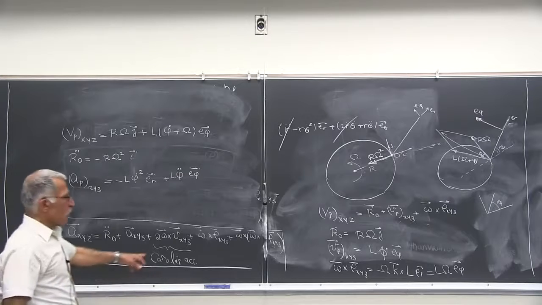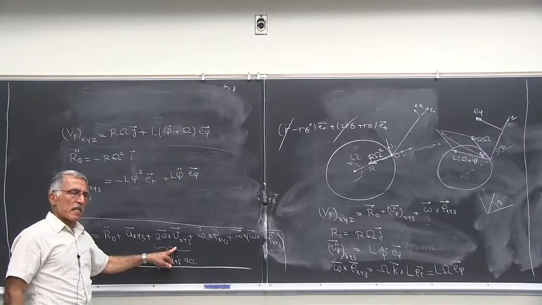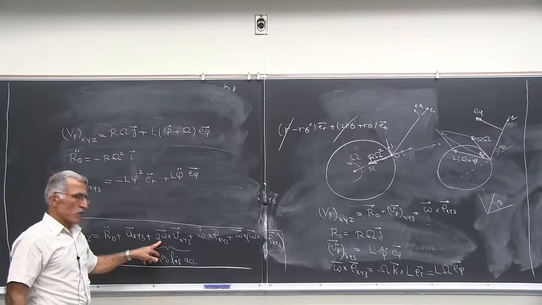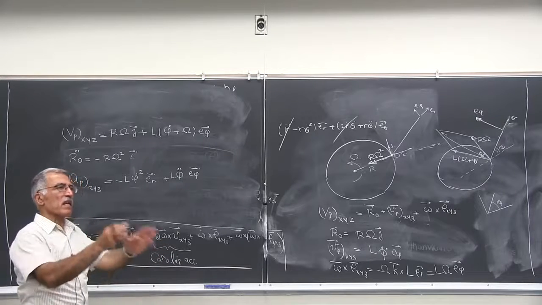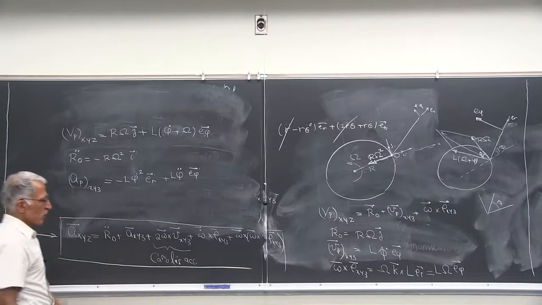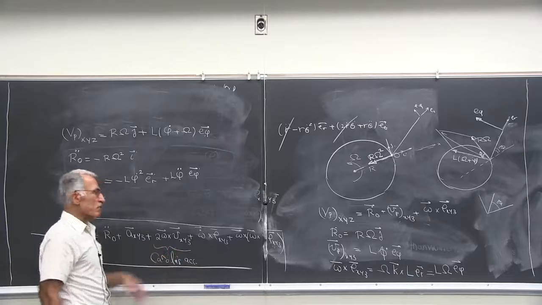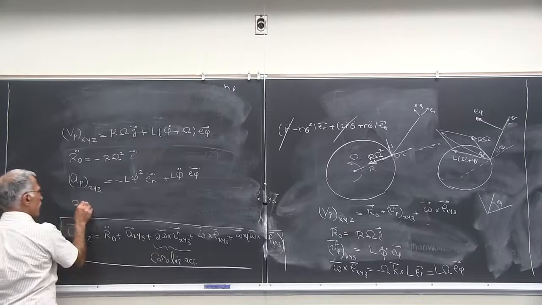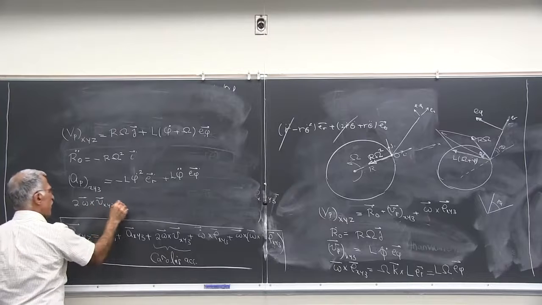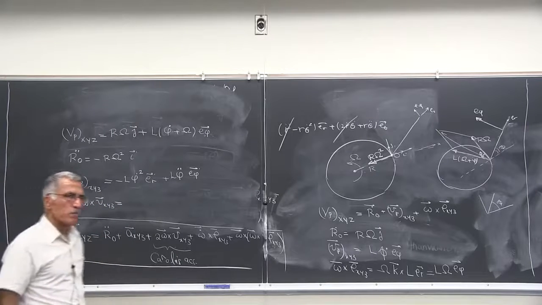Now you do have 2 omega times vxyz, and that is your Coriolis acceleration. So even if something is going with a constant velocity, if it's being twisted, then you do have acceleration. So that's 2 omega times vxyz. That's 2 omega times vxyz, which is equal to